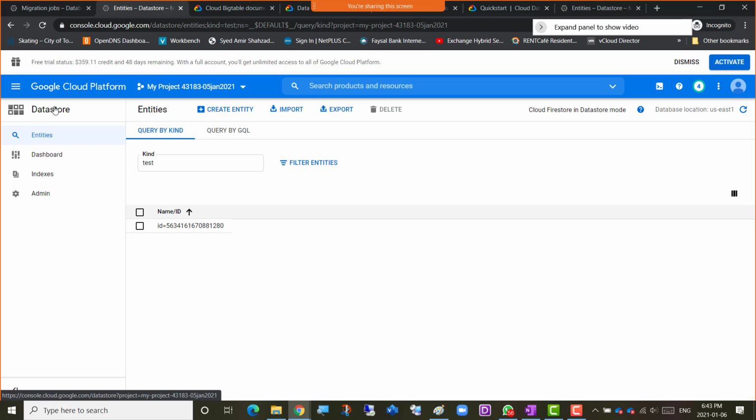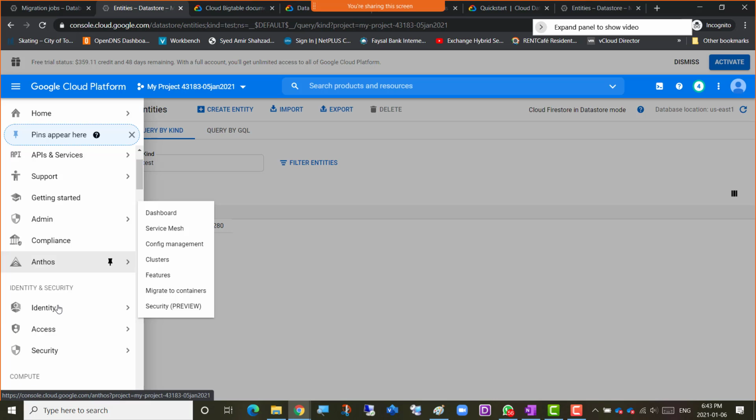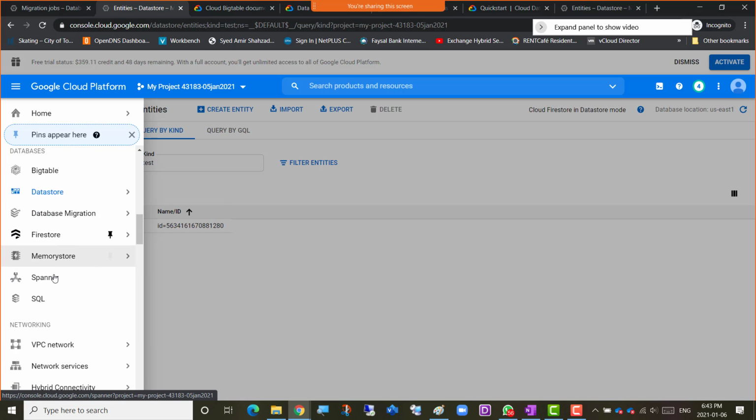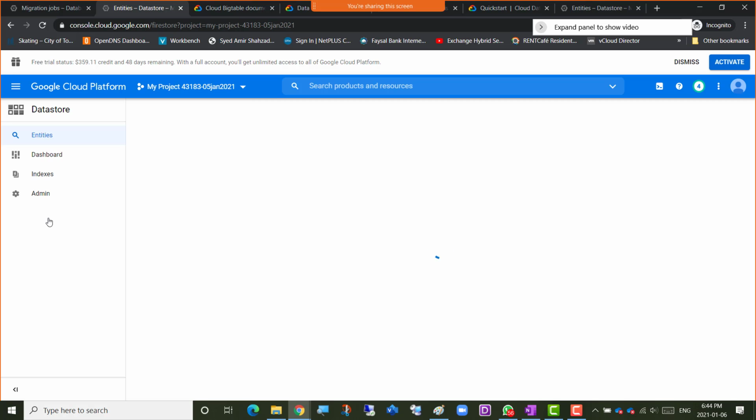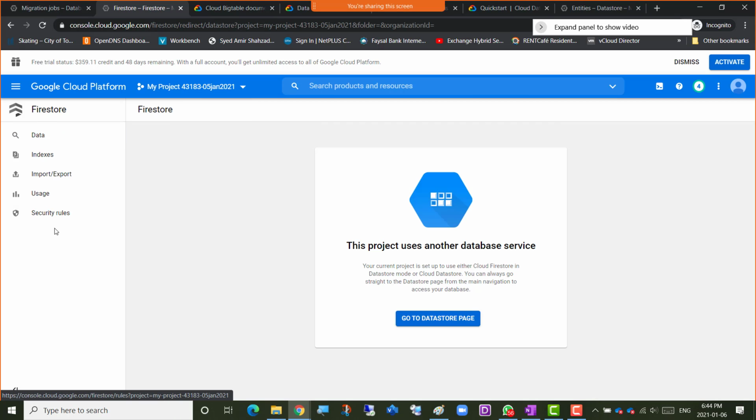So if I go, I'm in the Datastore, right? If I just go back here to the navigation menu and go down to Firestore. So Datastore is a NoSQL database service, which is the older one, and the newer NoSQL database service is Firestore. So if I click that Firestore as well, just to show, because I wanted to show you at the start,